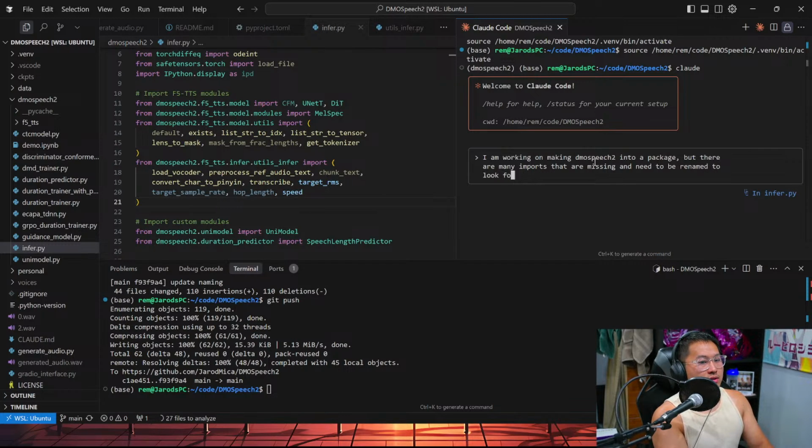Then look for DMO Speech 2 with something like DMO Speech 2, enter module name.